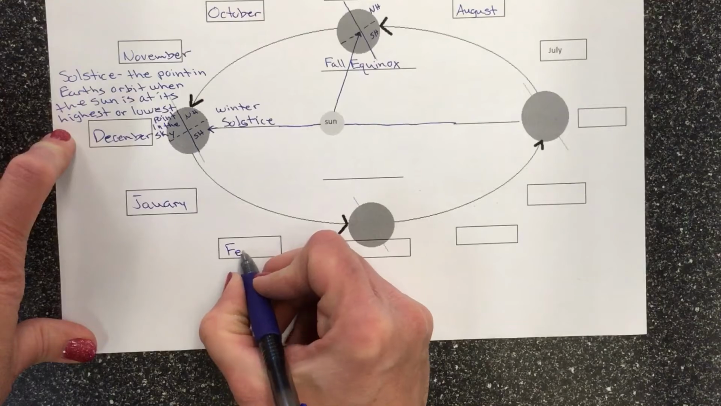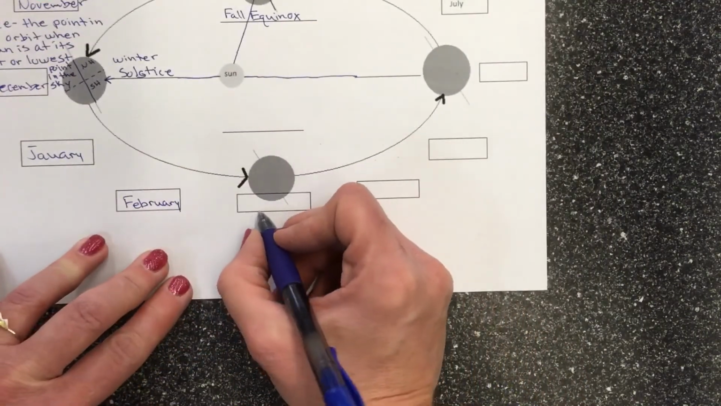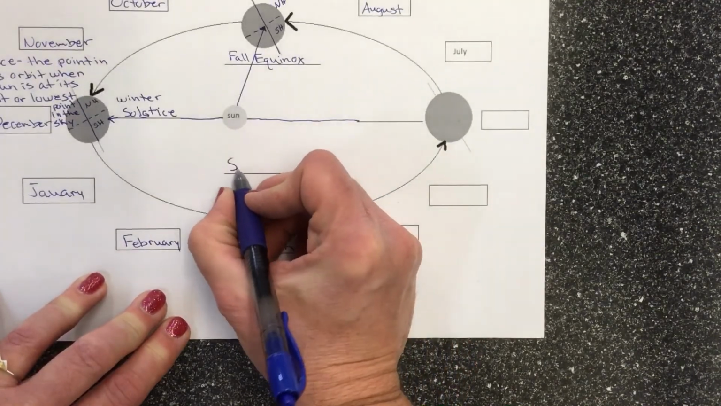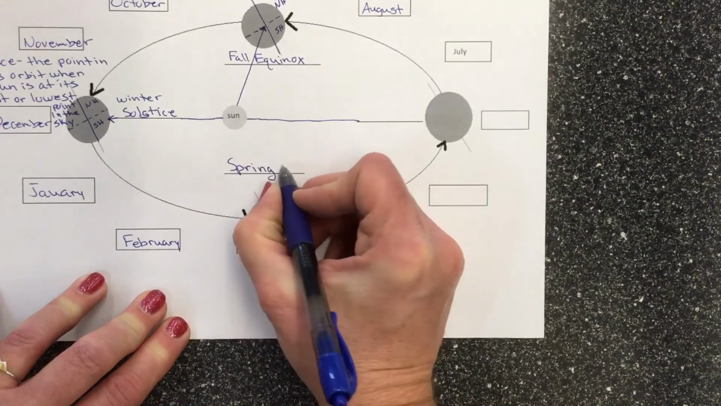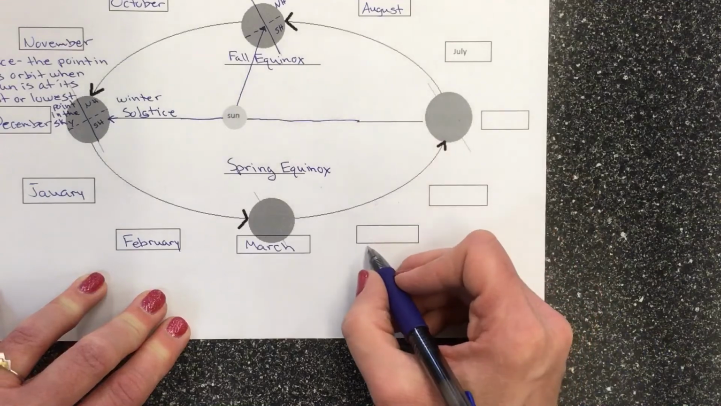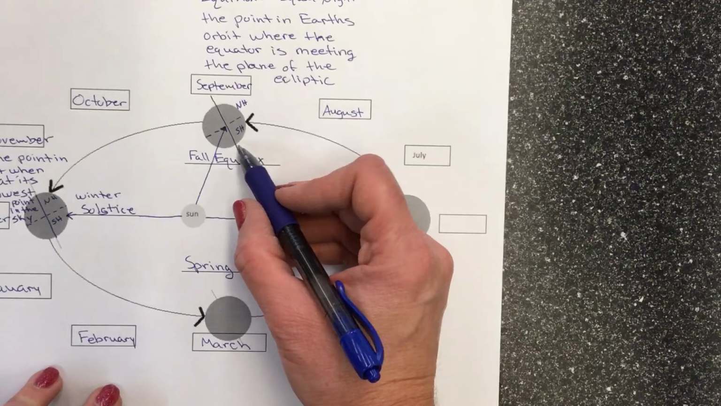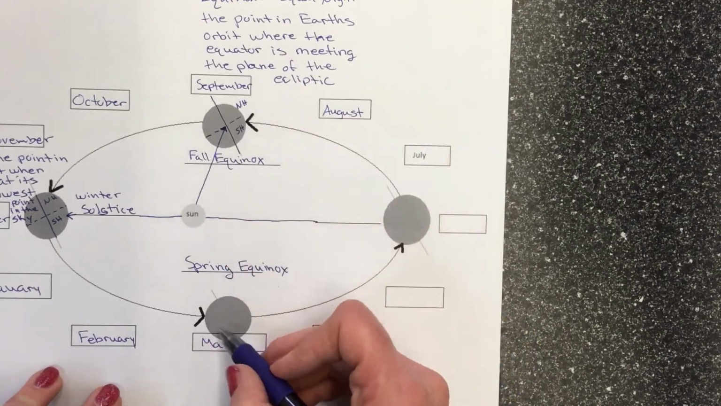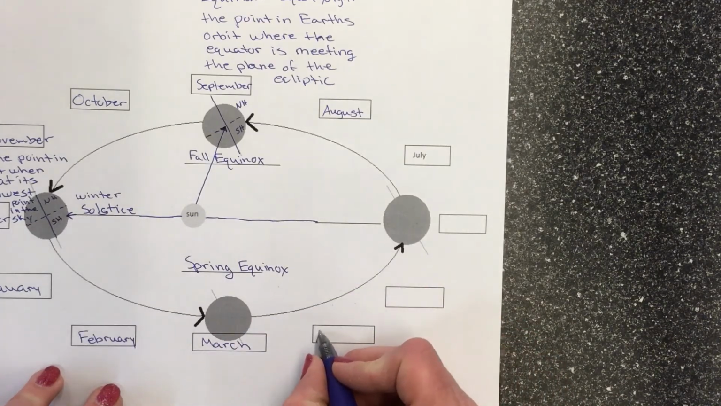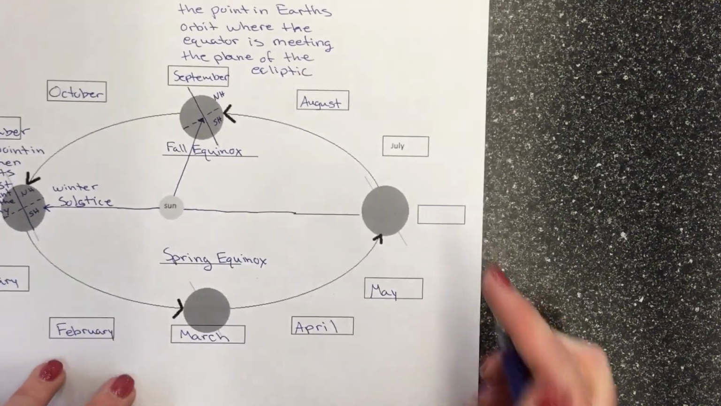to February, and then to March. When we get to March, we have another equinox event. So this is the spring equinox. And then it's the same thing that happens up in the fall. We have the plane of the ecliptic passing through the equator, but this time we're just on the other side of our orbit. So this is where our spring starts. Then we move on to April, May, and we get back over here to June,